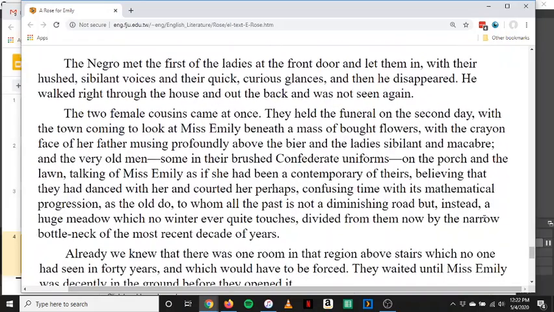The Negro met the first of the ladies at the front door and let them in, with their hushed sibilant voices and their quick, curious glances, and then he disappeared. He walked right through the house and out the back, was not seen again. The two female cousins came at once. They held the funeral on the second day, with the town coming to look at Miss Emily beneath a mass of bought flowers, with the crayon face of her father musing profoundly above the bier, and the ladies sibilant and